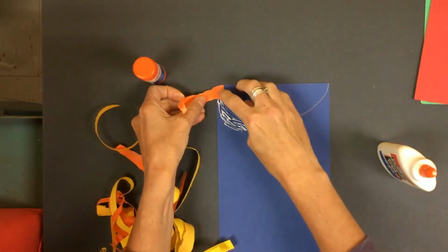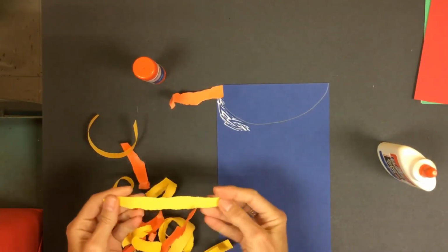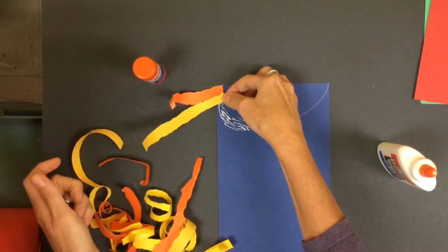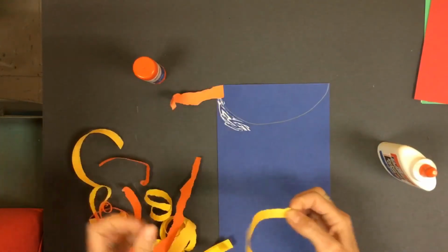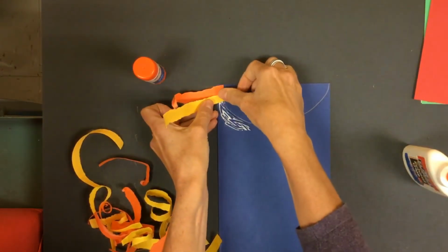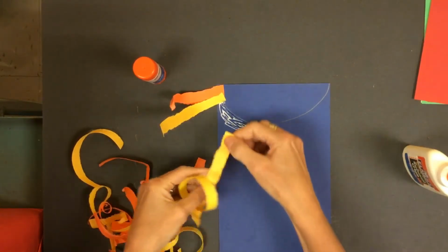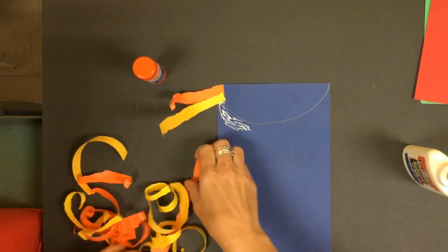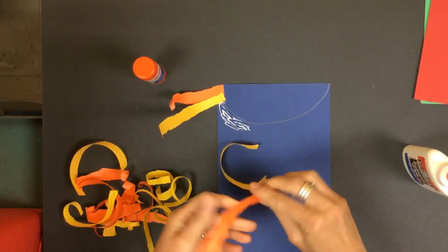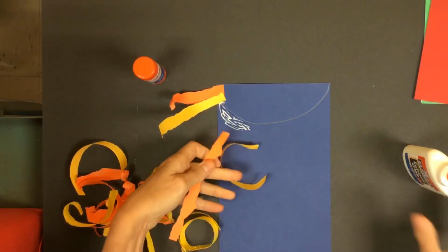And I'm going to start by sticking a color. And you can kind of alternate, and you can alternate both in size and in width and in length. So there's one, and then if it overlaps a little bit, I'm going to put a little bit of glue there too, and then I'm going to put another one, and then maybe I'm going to try, and if the ends are a little bit too square for your tastes, it's fine. You can just kind of rip a little bit more off if you want to,